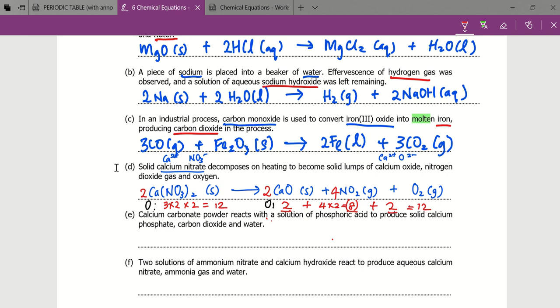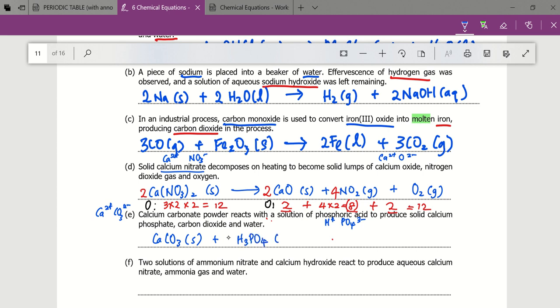Okay, let us move on to E. For E, I have calcium carbonate powder, right? So this is Ca2+ and CO3 2-. That's right. The formula is as such. It reacts with phosphoric acid. Phosphoric acid is H+ with phosphate ion, right? Acids always have hydrogen ions. So the formula is